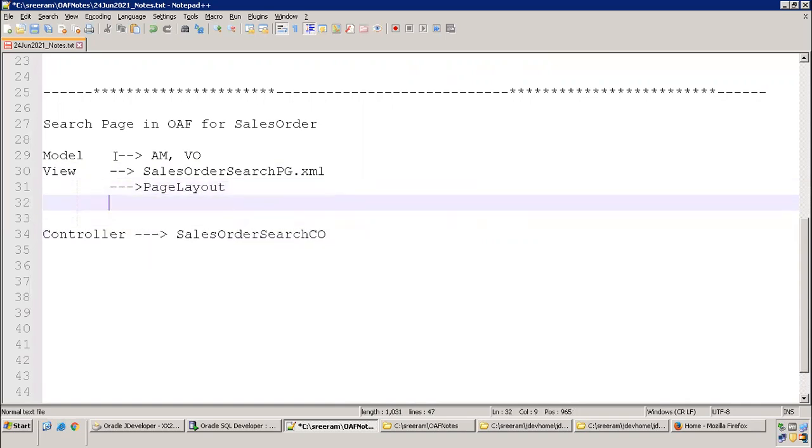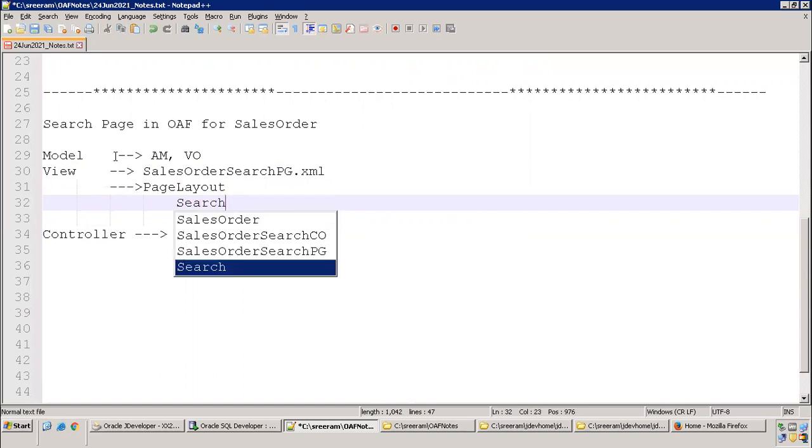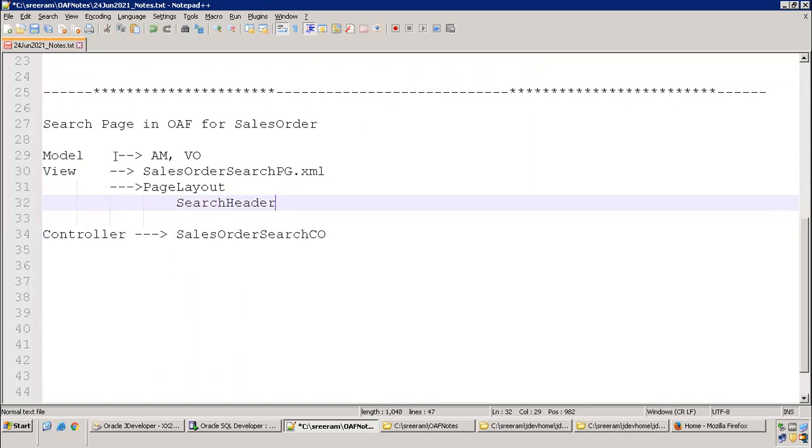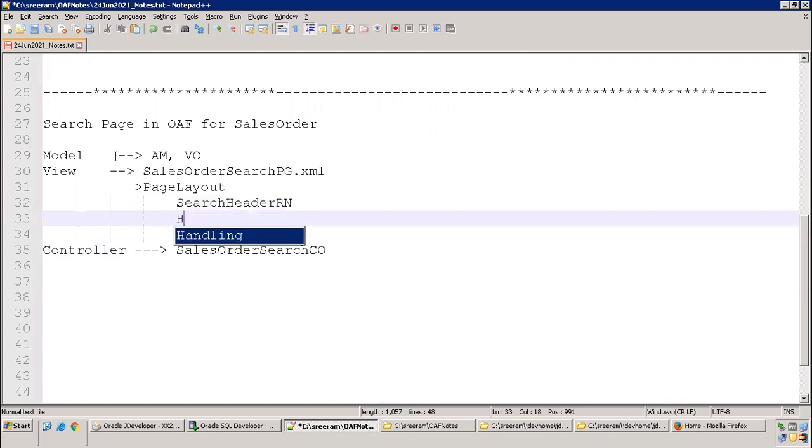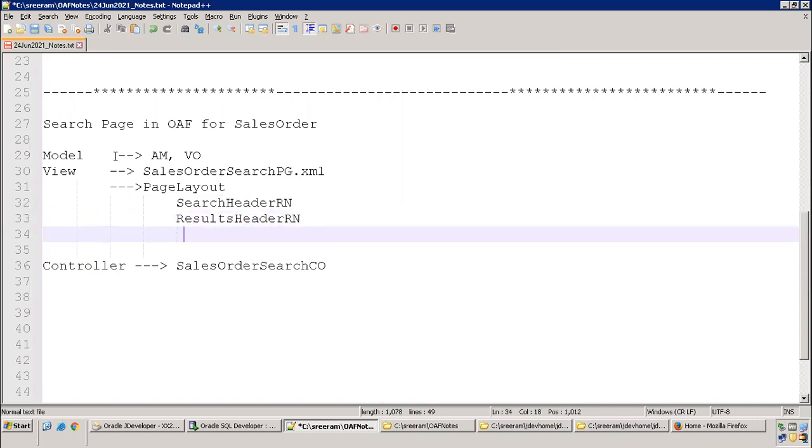Under the page layout we require a header region, I'll just say search header region. Under this one, we require one more, a results header region. Then under this one, you'll have a table region.